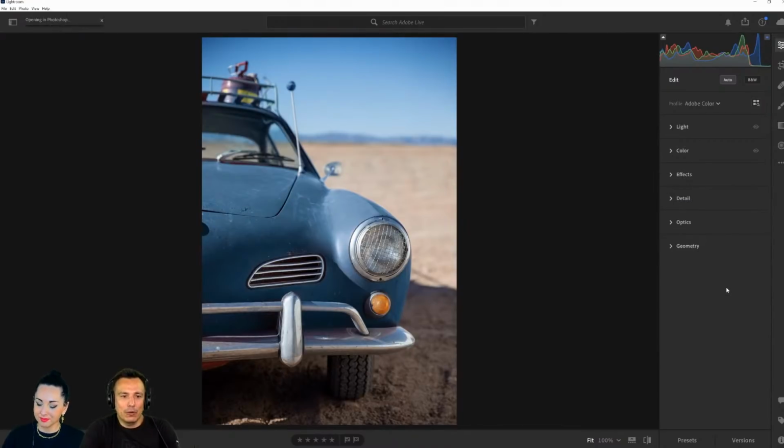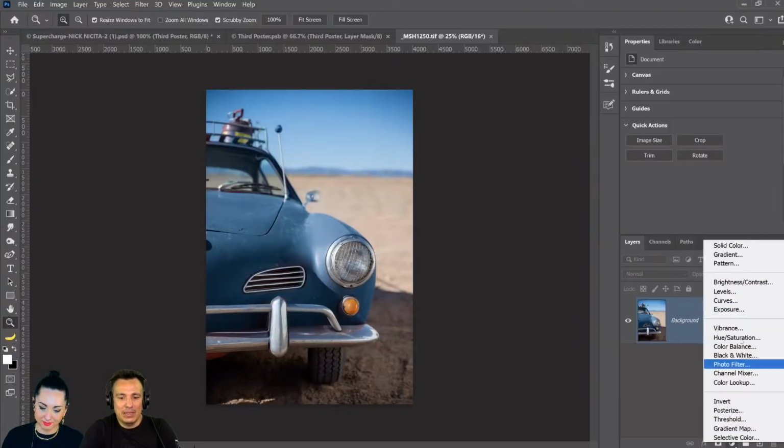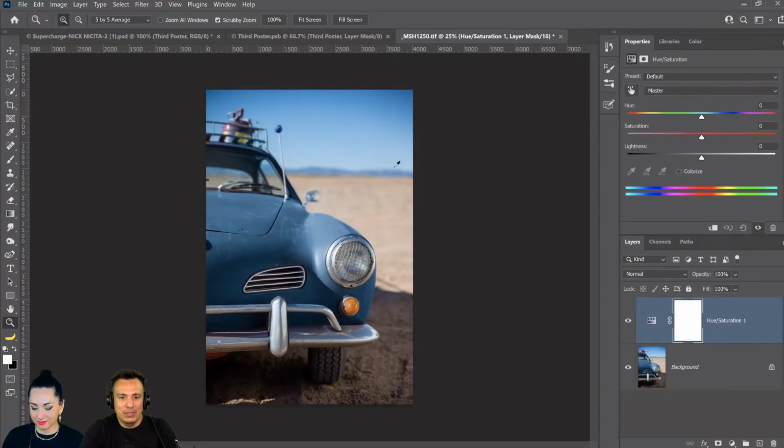That will open up in Photoshop as a TIFF file. So it wouldn't open as a PSB or PSD or anything like that. And you can see Photoshop is opening it up. And you can see here in the tab that this is now a TIFF file. And if I make an adjustment to this, maybe a color adjustment, I could have done this in Lightroom, but for the example, I'm just going to do it on here.